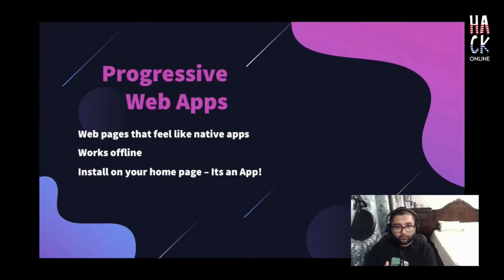Now, through my extensive research on Wikipedia, I came to the conclusion that progressive web apps actually fulfill a lot of Rahat's laws for dope apps. See, progressive web apps are web pages. They feel like native apps. They work offline. You can install them on your homepage on your phone. It's an app. And one of the other cool things you can do is deploy it to the Google Play Store. That's amazing. And if Apple ever allows us to do that on their stuff too, then this could be how we develop apps in the future. If that happens, maybe. I don't know.